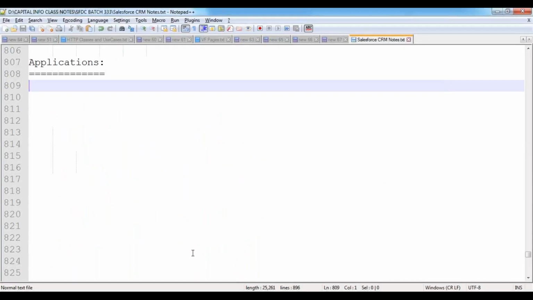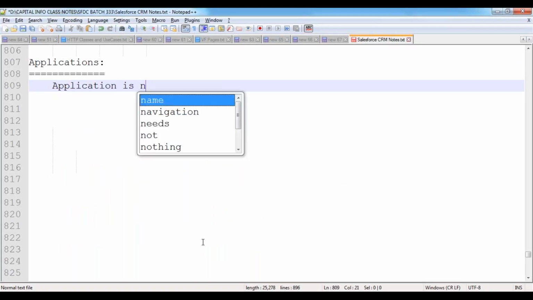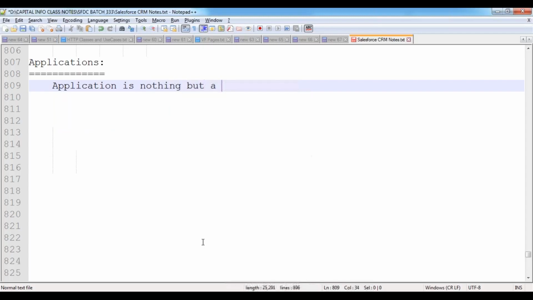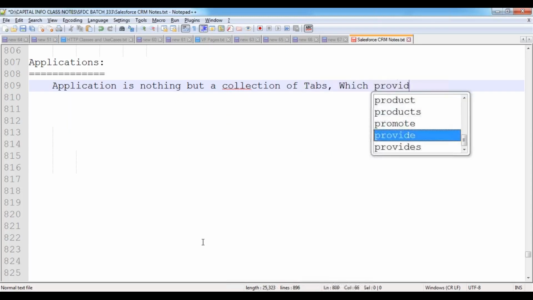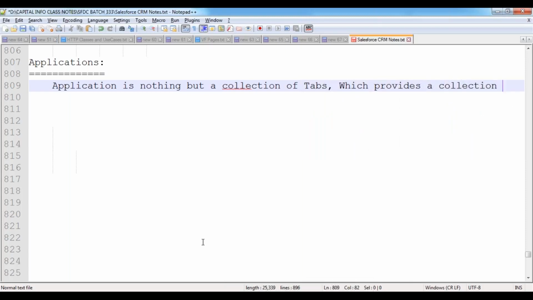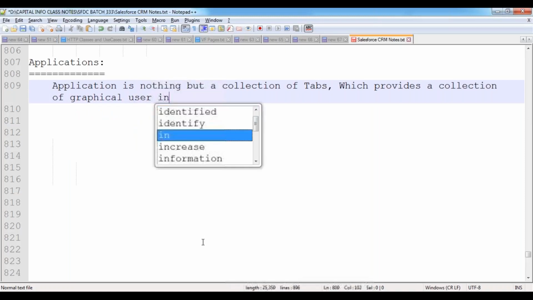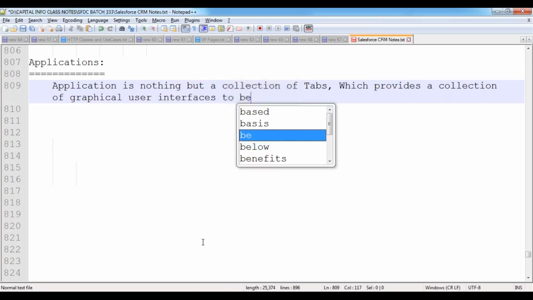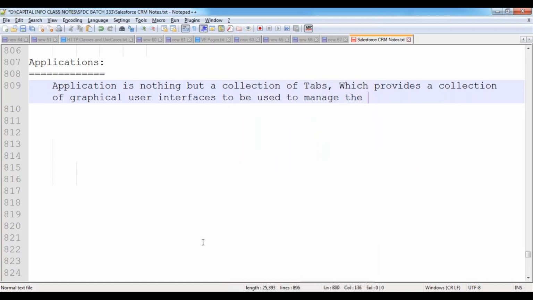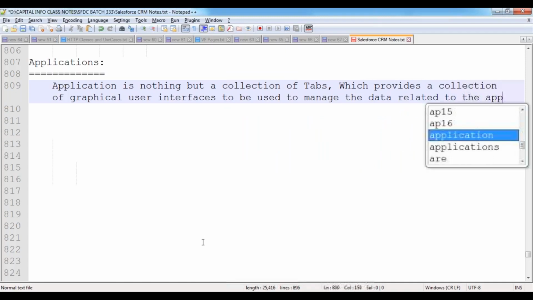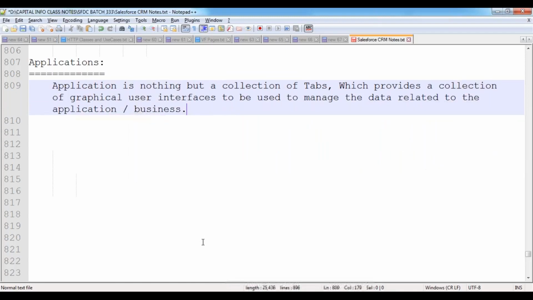So an application is nothing but the collection of tabs which provides the collection of graphical user interfaces used to manage the data related to the application or business.